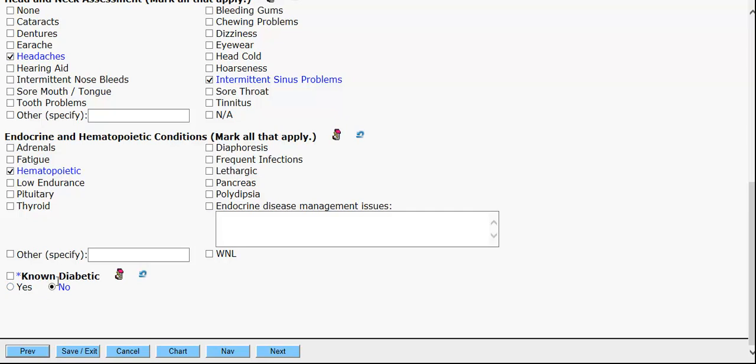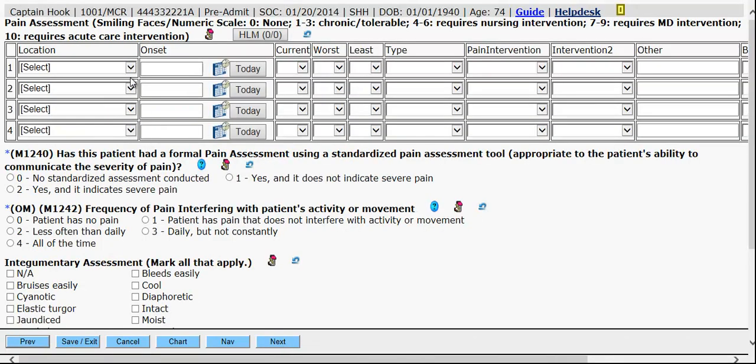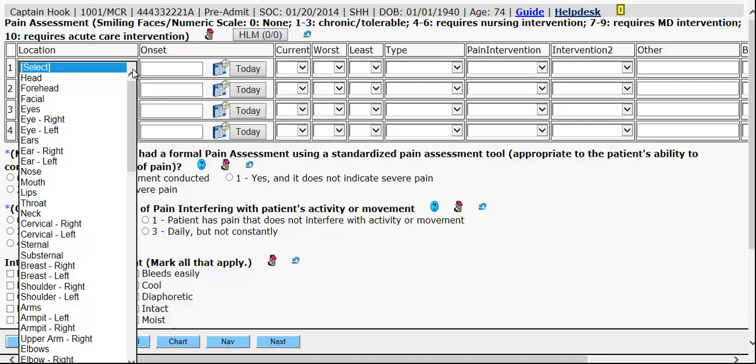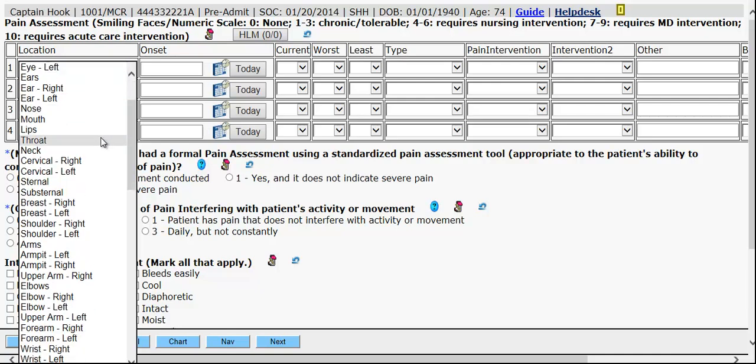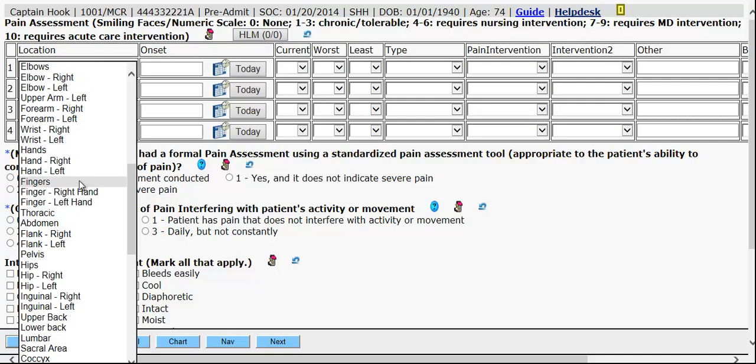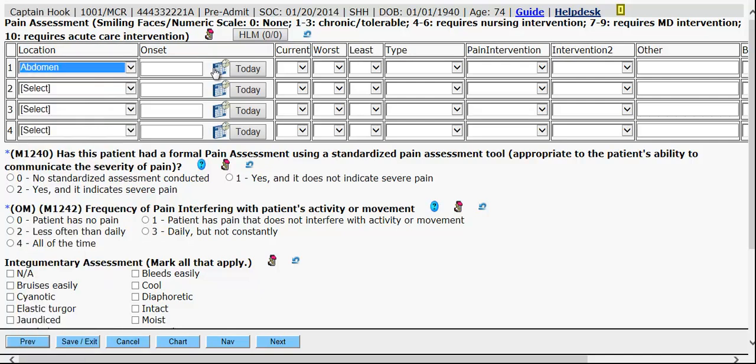And based on your answer to certain questions, you'll see that certain questions will be skipped. So if you say diabetic, you'll not be prompted for all the diabetic type questions. Here's a pain list. You can have up to 4 pain locations, and you can choose a location from the list. It's a predefined list, but it's organized from the top of your head to the bottom of your toe. And so if you have a pain in the midsection, you would scroll down about halfway through and maybe click on abdomen. You could put in the start date